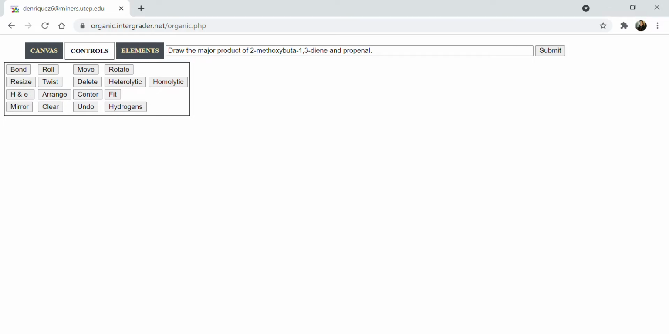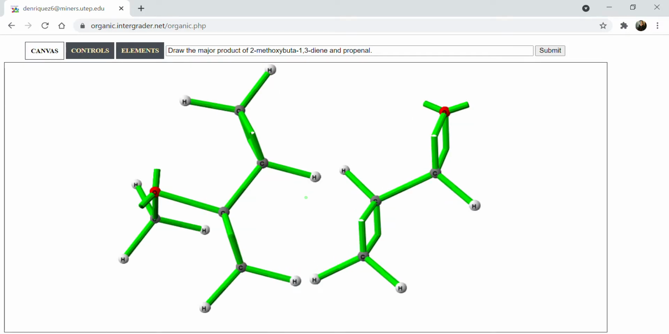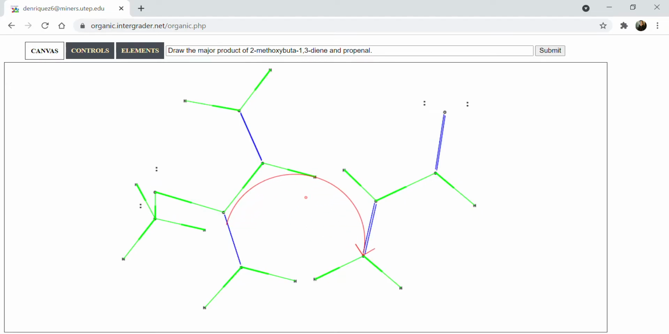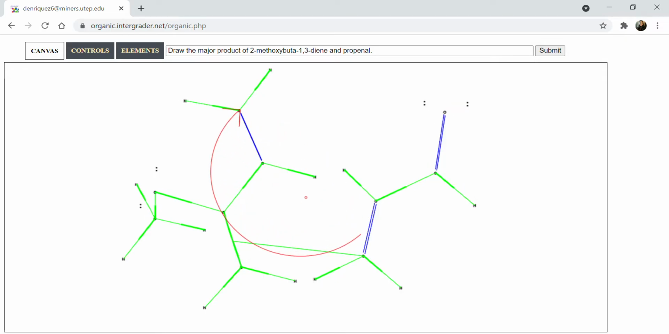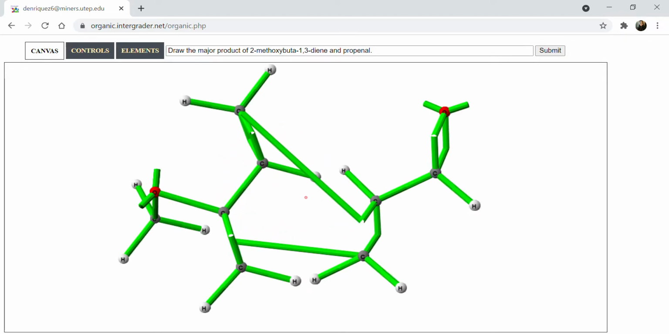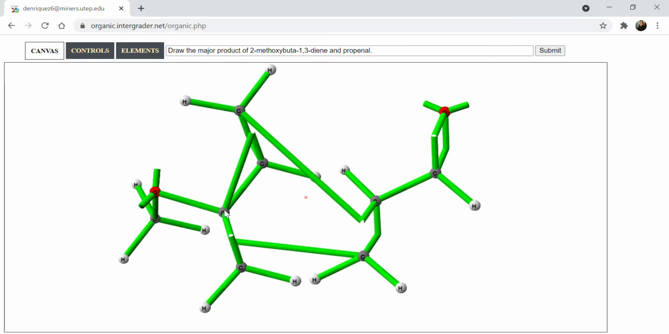Next, I'm going to zoom in a little bit and use my heterolytic function to grab this bond on this side so that this carbon attaches to this carbon. I'm going to grab the bond here. If I grabbed it over here, then these two carbons would attach, but I want this so I can make a 6-member ring. Now I'm going to grab this bond, put it over here, and then grab one of these bonds and put it over here. I'm going to hit arrange,